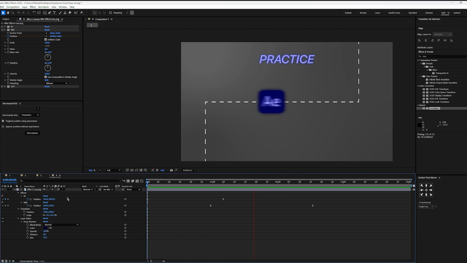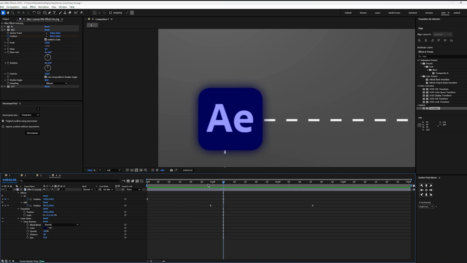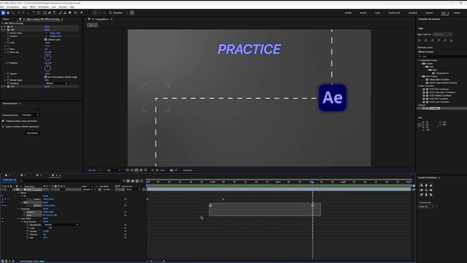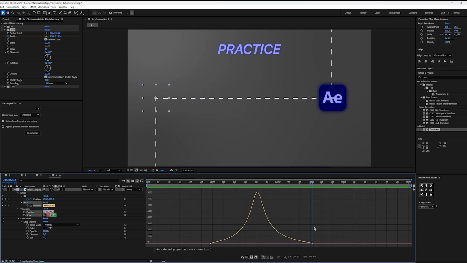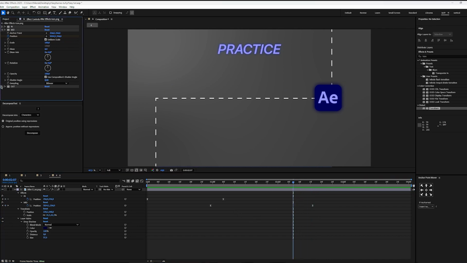Okay. I like it. Let me play just this part. Okay, this is cool. So let's play it once again. Okay, this curve, I'm okay with it. So before this second animation ends, let's go into the third transform effect and press P